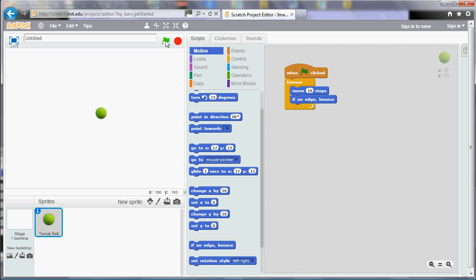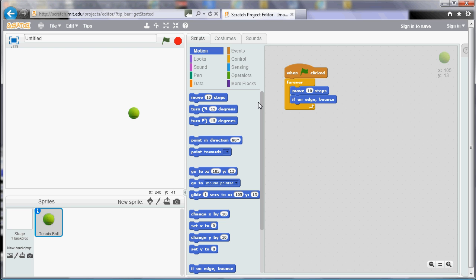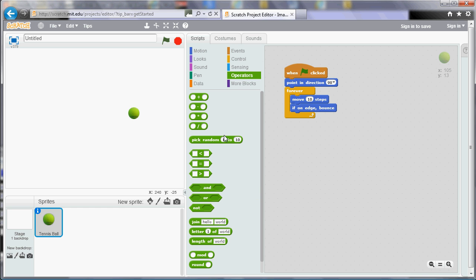Now by default sprites always point rightwards, so it's going to move off to the right and it'll bounce backwards and forwards like so. So what I'm going to do to give it a bit of a better bounce, I'm just going to point it in a random direction to start with. So at the top of my program I'm going to point it in a direction, and rather than using 90 I'm going to use the random number tile from the operators section. So if I point in a random number from 1 to, remember it's degrees, so it goes all the way around, so 360 is the maximum possible number. So now if I run that program it'll move off in a random direction and it will bounce nicely off